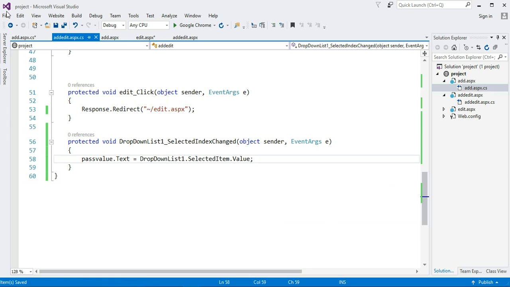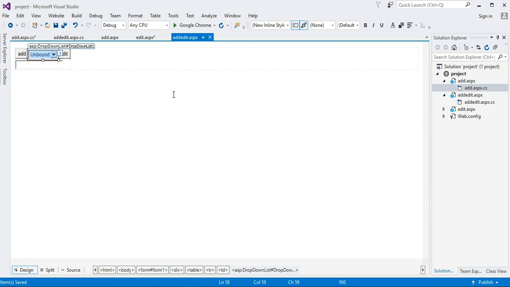Now save it, and also save the add edit aspx page.